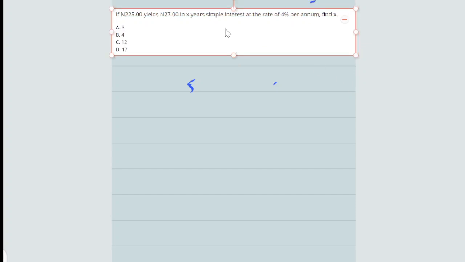So that is the interest incurred on what? On principal. It means this is the money you deposited. Your principal is 225, right? Your interest is 27 naira